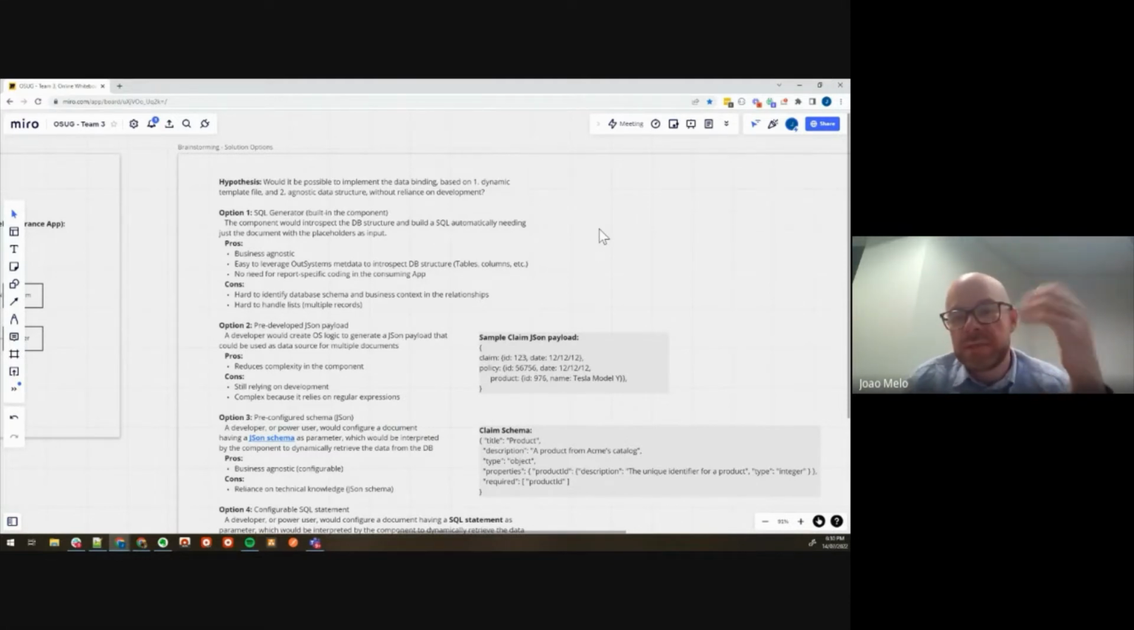We didn't want to just start building. We wanted to discuss as a team and come up with the most feasible and the most elegant solution, one that would get us close to our vision. So we discussed a few ideas. Option one was based on a SQL generator, an automatic SQL generator. The other ones were a bit more technical. As you can see, we have pros and cons for each of the options, and we assessed a lot of different aspects, including